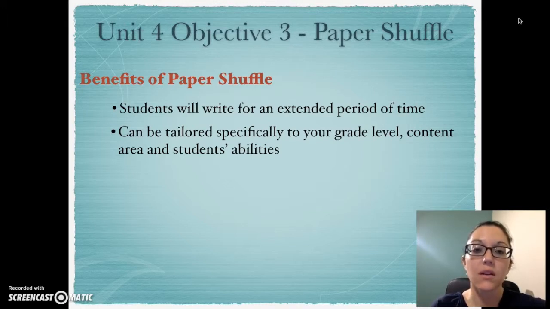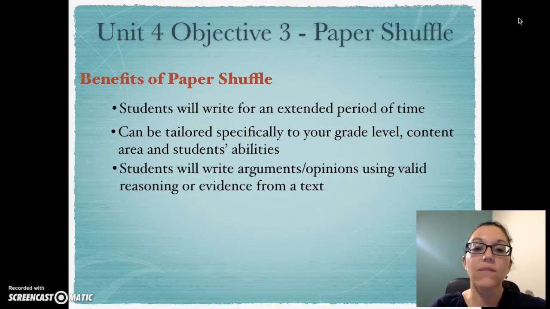students' abilities. Regardless of your grade level, for the first section of the activity, when students are participating in the paper shuffle, they are writing arguments or opinions using valid reasoning and evidence from a text. Finally, for the second part of the activity, when they are developing their own claim with supporting evidence and analysis,